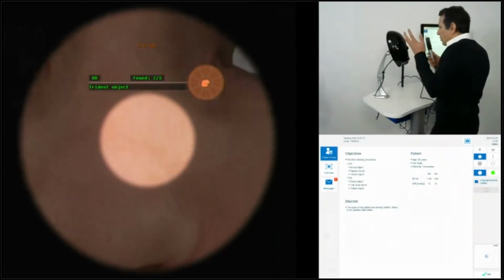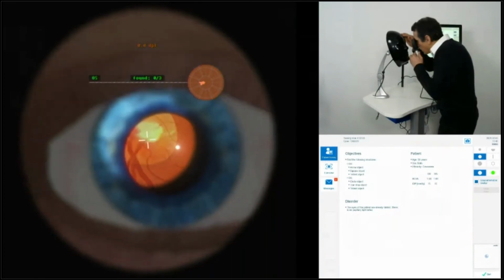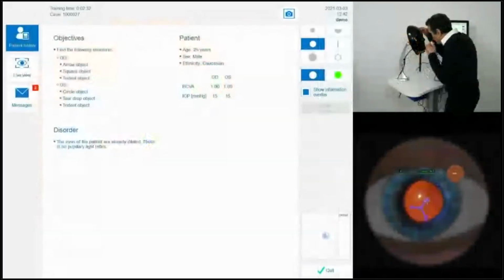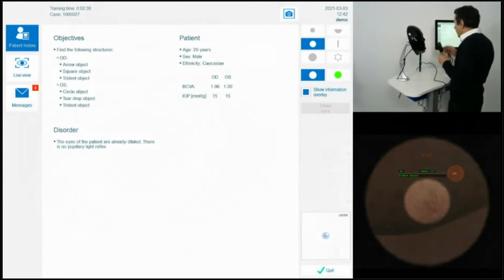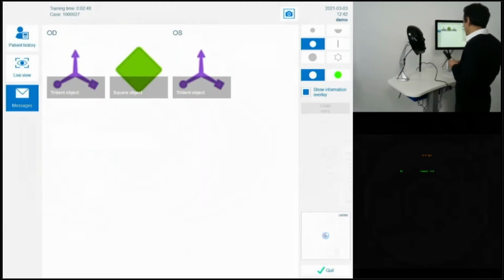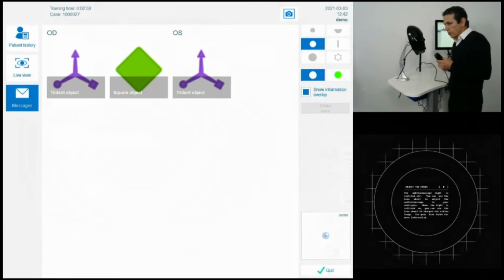And I can do the same thing on the left eye as well. So I can use maybe my left hand here. So again, here's the pupil, and I'm trying to find Trident object. And in that way, I need to find all objects on the retina, and those objects which are found show up in the messages library. And this is the way the system verifies that the student is able to use the device properly, that he's able to look into the periphery,